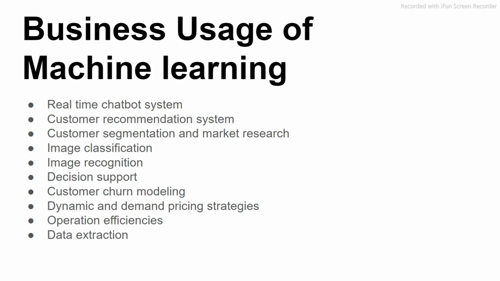Usage of machine learning. Real-time chatbot system. Chatbots are the most important form of automation. They have closed the communication gap between humans and technology by making it possible for us to communicate with machines that can then execute actions according to the requirement or request voiced by the individual.